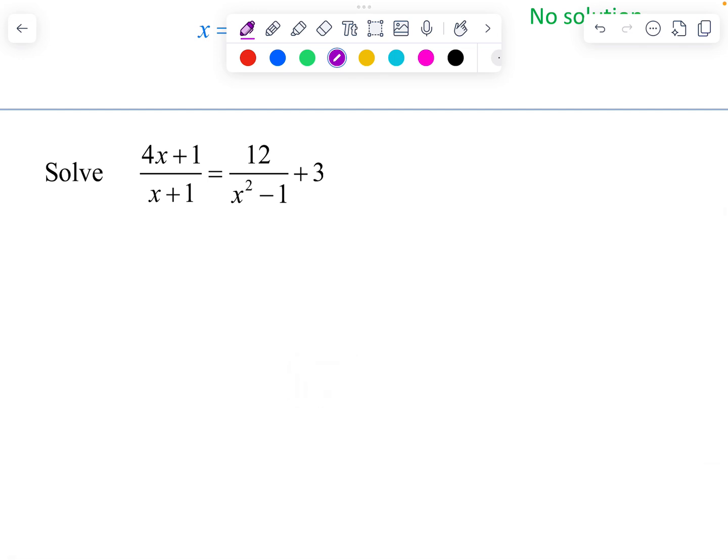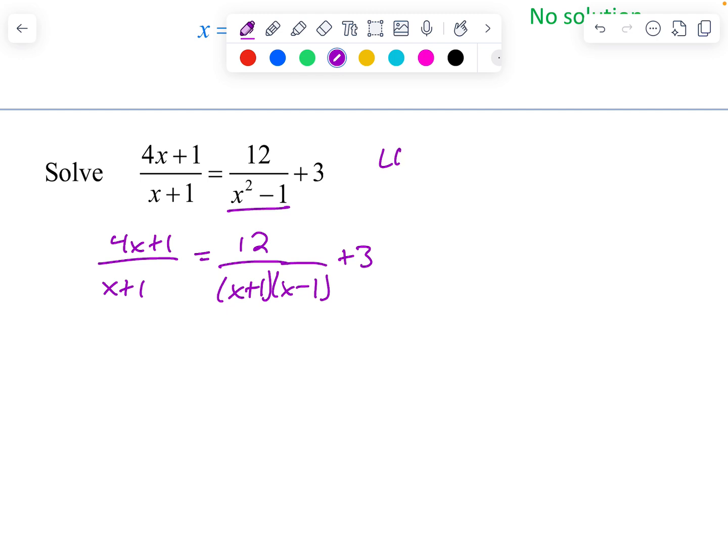We need to come up with our least common denominator. Okay, I've got x plus 1 and an x squared minus 1. If I were to factor this x squared minus 1 a little bit though, that's a difference of squares. We could factor that as an x plus 1 times an x minus 1. So if I try to come up with my LCD,